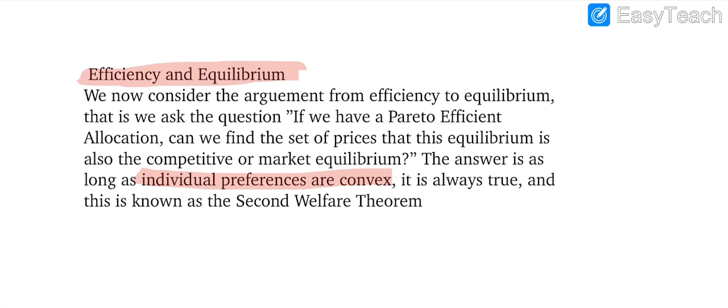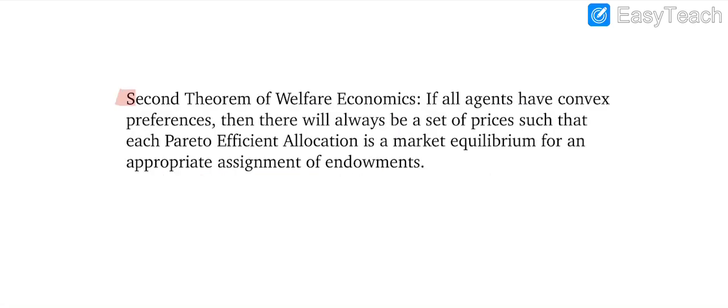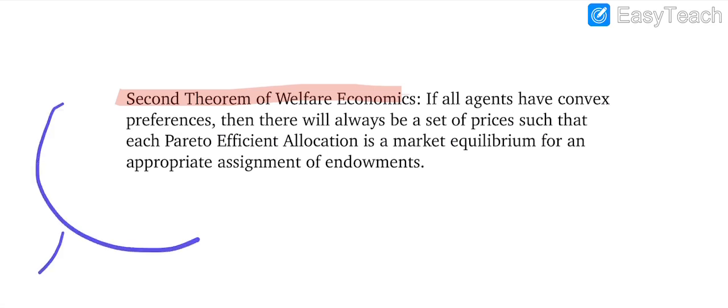This is known as the second welfare theorem. We can define the second welfare theorem as: if all the agents have convex preferences, like the convexity you discussed with indifference curves in your earlier semesters,